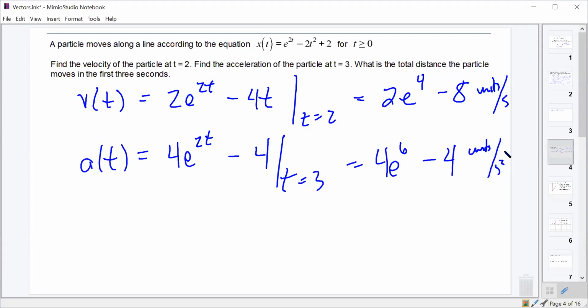And if we want to find the total distance that this particle is going to move in the first 3 seconds, we should be able to figure that out. Why should we be able to figure that out? Normally, to find the total distance traveled, we need to do what? We'd have to take an integral of the